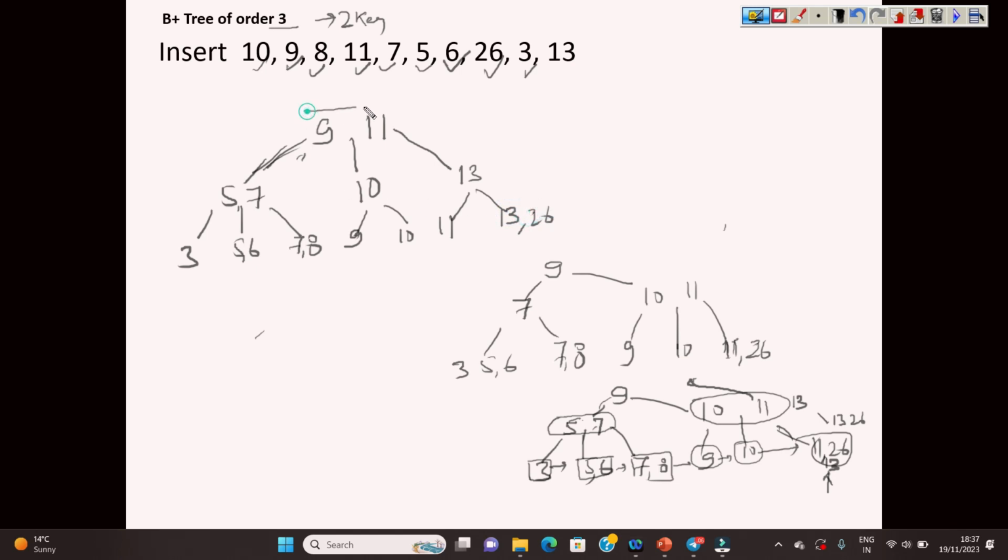So we make it like this. This is how our tree will look. This is our B plus tree. So this is how it looks after inserting all these nodes.